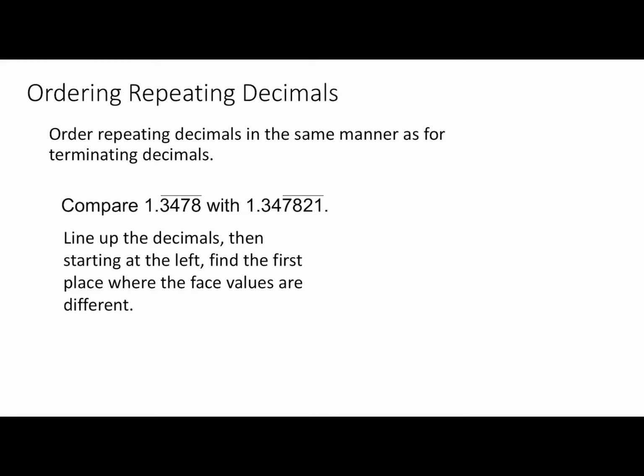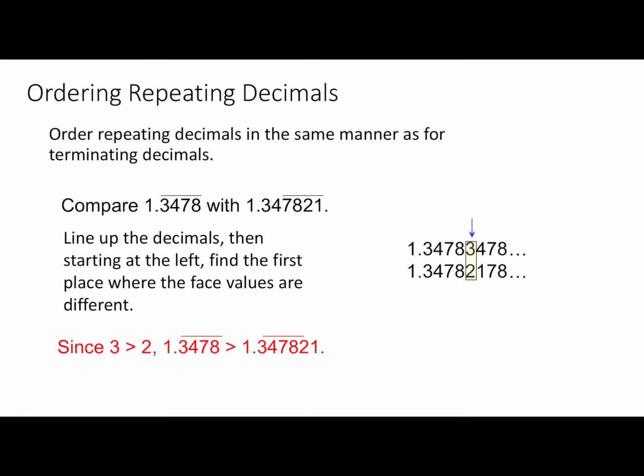two decimals differ. Okay, so here the first place that my two decimals differ was here in the 10,000ths place, and I have a 3 on top and a 2 on the bottom. So the number on top is larger. So 1.3478 repeating is larger than